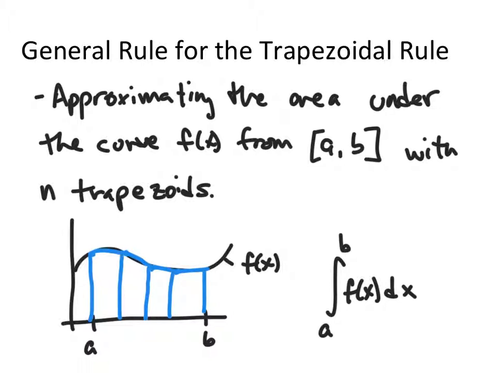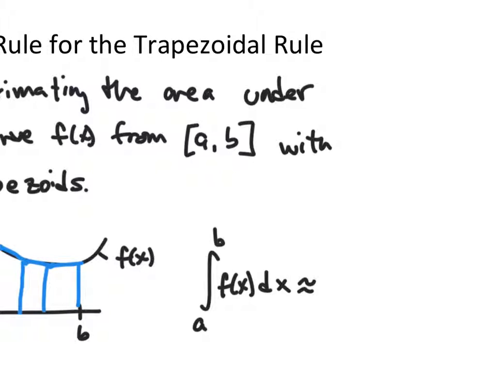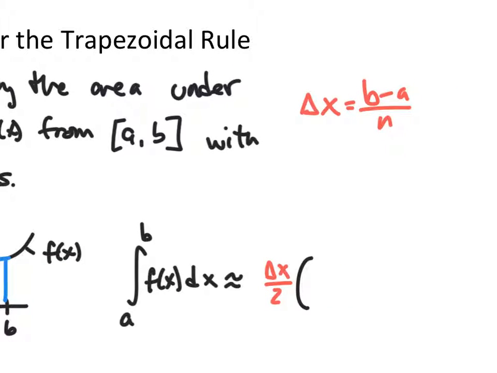trapezoidal rule, what I would do first is take my delta x. Delta x is equal to b minus a over n. That's going to be my first thing. Calculate whatever delta x is, and then divide that by 2. And then what I would do is multiply that by the sum, and we kind of already discovered this, that I'm just going to take it times the first function value, f of a, plus 2 times f, so I'm going to call this f sub 0 of a, f sub 1 of x, and then